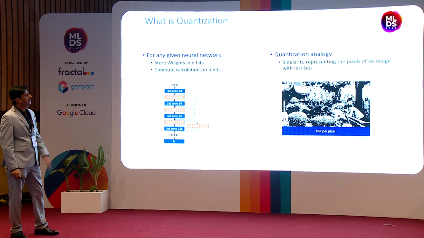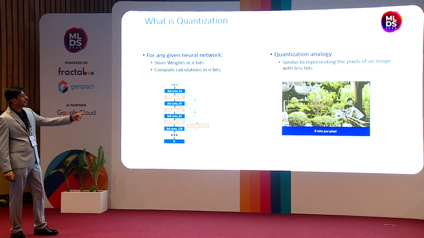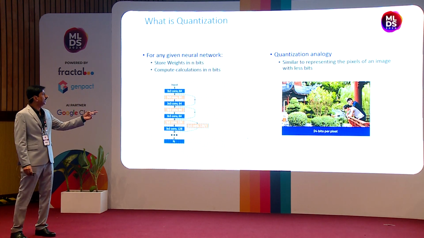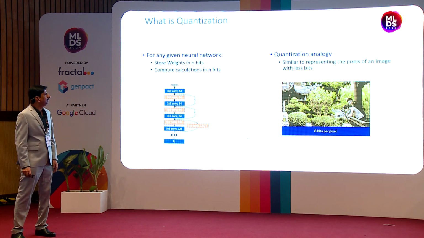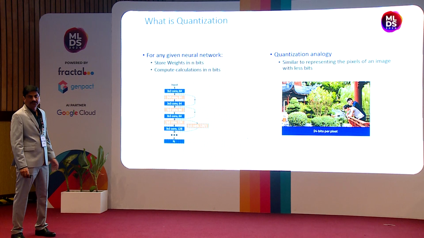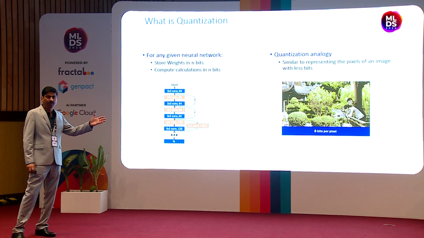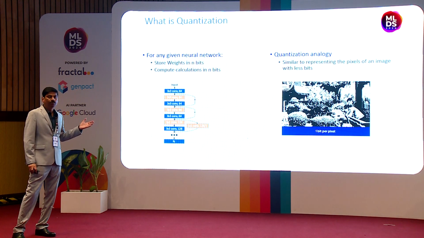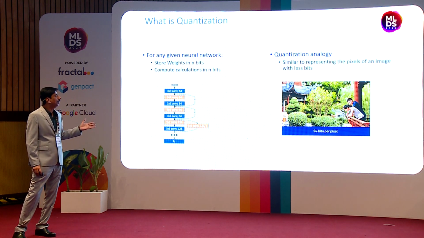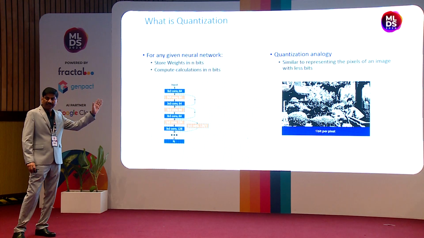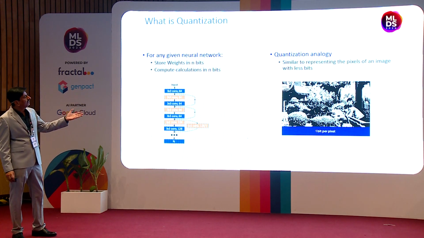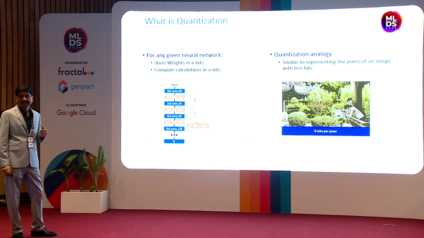One more way to look at the quantization analogy: you look at the picture, which changes from 24-bit to a single bit, and you can still see the essence of the picture. People are looking down a corridor, and you can make that out in 24 bits and 8 bits. For example, if you wanted to run a segmentation model to detect the boundary of those people, you can very well do it with an 8-bit input, even for that matter a 1-bit pixel. You are still not losing.